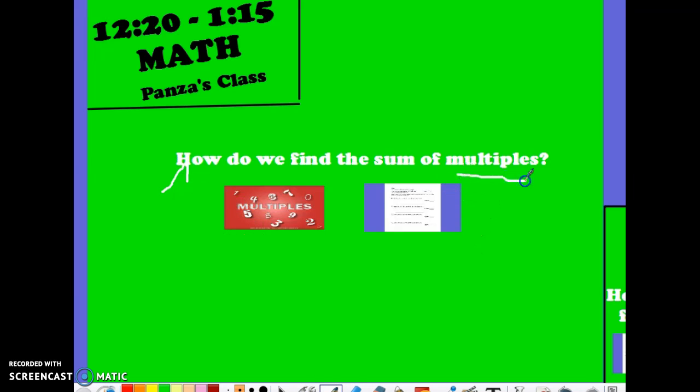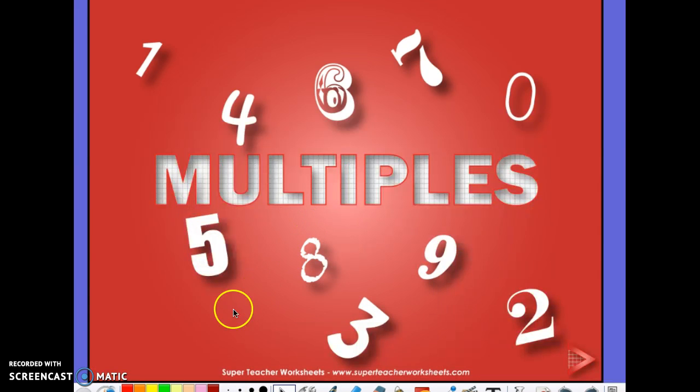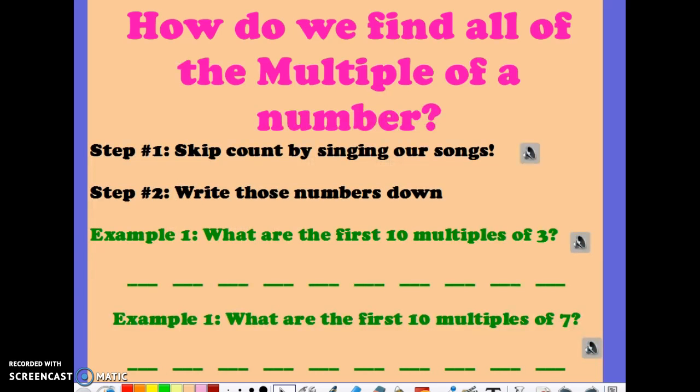Well, the first thing you need to focus on is the word multiples, and what does that actually mean? Let's take a look. We've talked about how multiples are many, but what exactly does that mean? Multiples are when we skip count. So the answer to how do we find all the multiples of a number and then how do we find